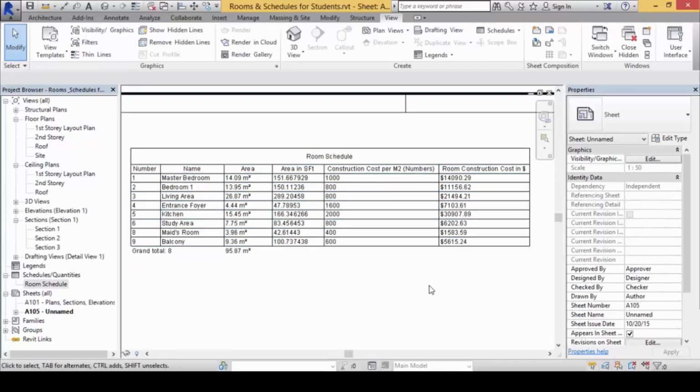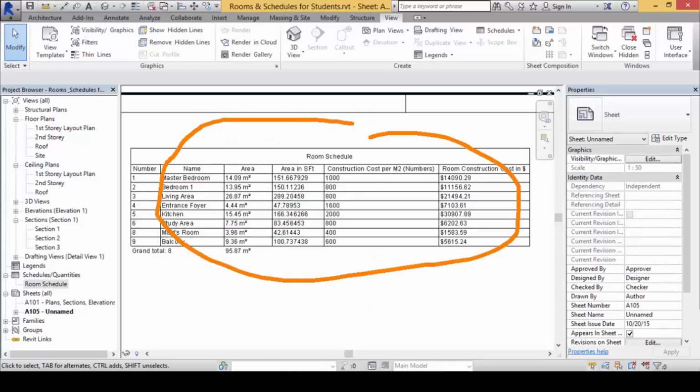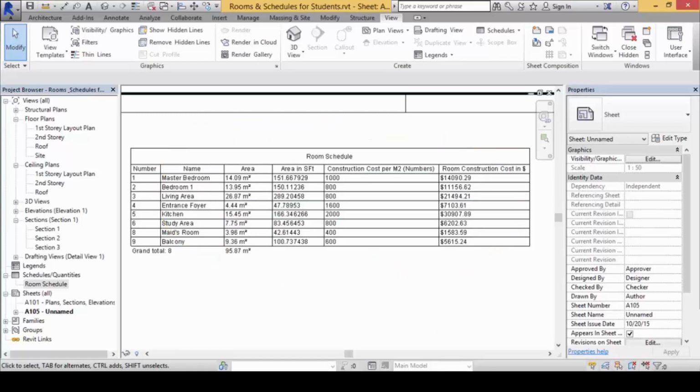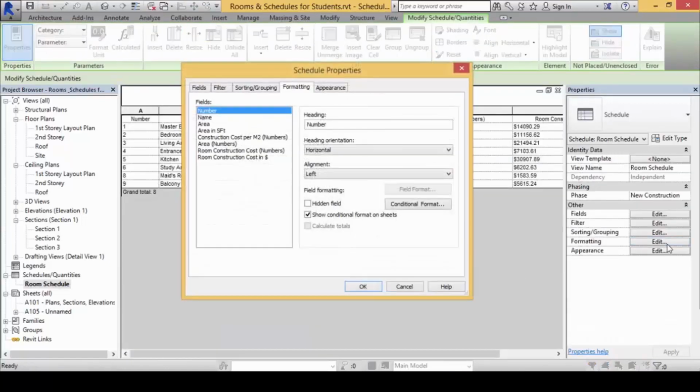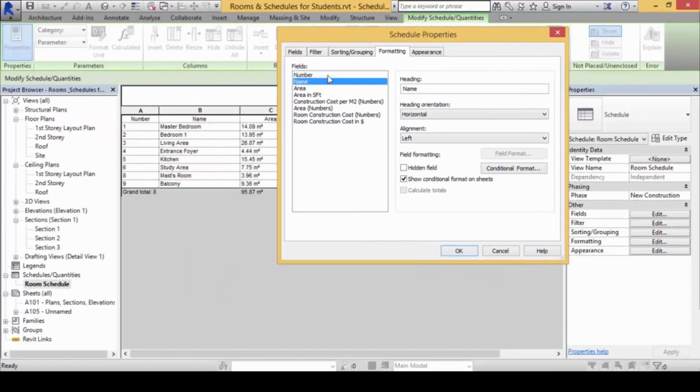There's one more thing about alignments. Everything here by default is aligned left. Not very good, because when we deal with numbers, we deal with currency, depending on certain formats, it needs to be aligned right. Some align center, some align right, some align left. That's the situation. So right click, click on edit schedule, go to formatting again. Look, under number, this is the serial number. Should the serial number align left or right or center? I heard center. Good. It should be aligned center.